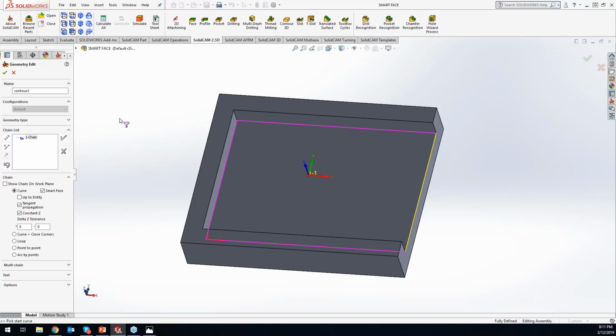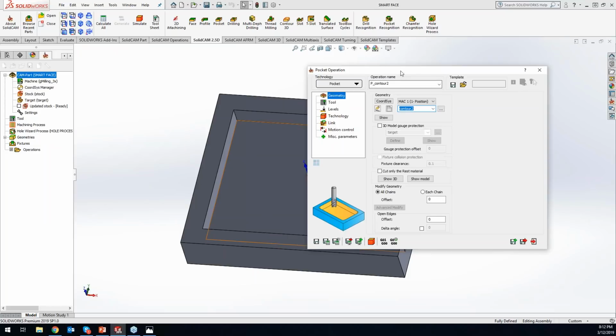Now what they did is, before, the smart face technology would work amazing on this particular part, but if the model got switched out, based off of how the smart face is being used, any additional geometry that would come in there after the fact wouldn't get caught. So let's go ahead and hit the green check mark there,